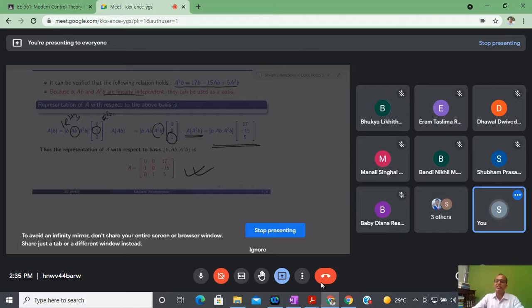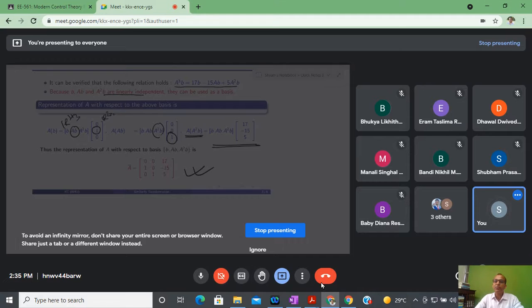Okay, suppose you have to design the controller, or you have to check the controllability. At that time we know that the convenient form is the controllable canonical form. So using similarity transformation I can do that. Similarly, if I have to design an observer, at that time I know that the observable form is more comfortable, so I can generate it again with the help of the same kind of transformation. So now it is time to conclude today's lecture.